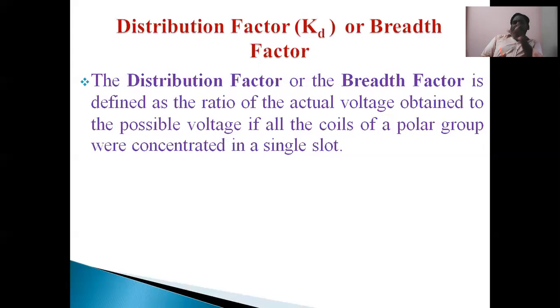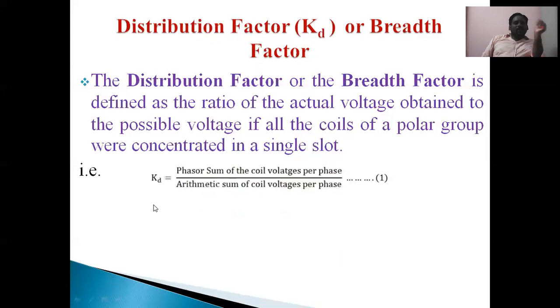In the case of distributed winding, the total voltage comes from the individual coil voltages in all the slots. When coils are distributed over all the slots, there must be a phase difference. That's why the phasor sum of the individual voltages in all coils of the several slots is the distributed winding voltage. But in concentrated winding, there is only one voltage, so the arithmetic sum is taken. For n coils located in one slot, the arithmetic sum of each individual coil voltage is the total voltage of the concentrated winding for one phase.